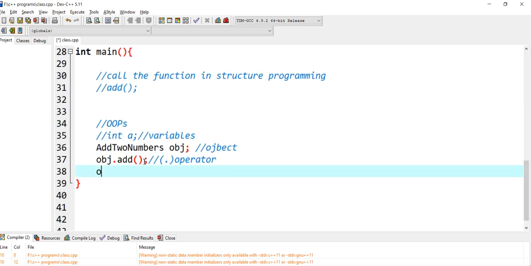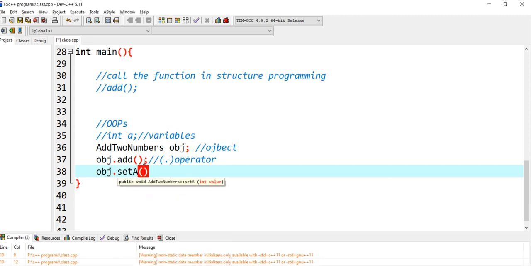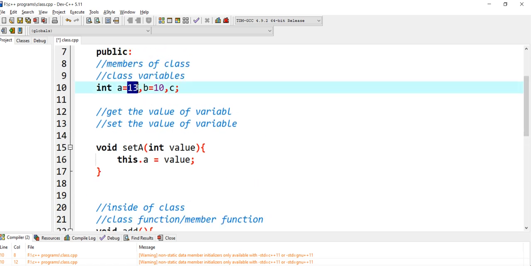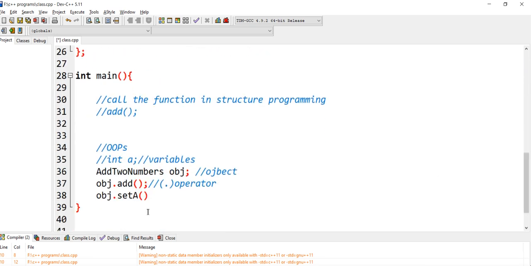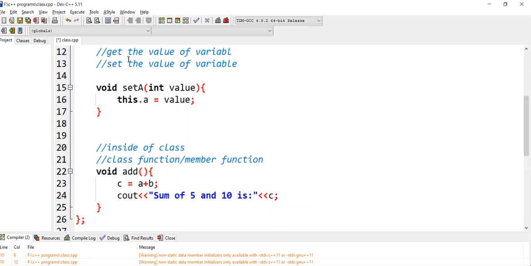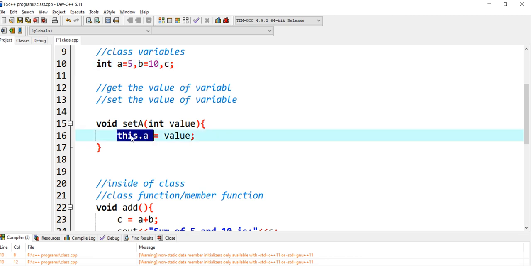I will write obj dot set a, and inside this function I need to pass a value. For now a is 5, and I want to change this 5 to 13. I'll simply call this function, and it is going to update the value of a from 5 to 13.